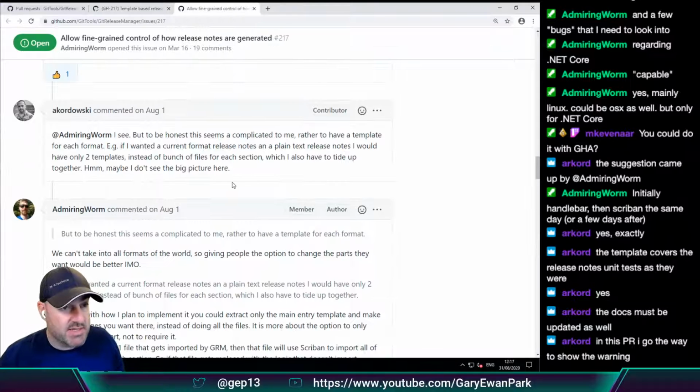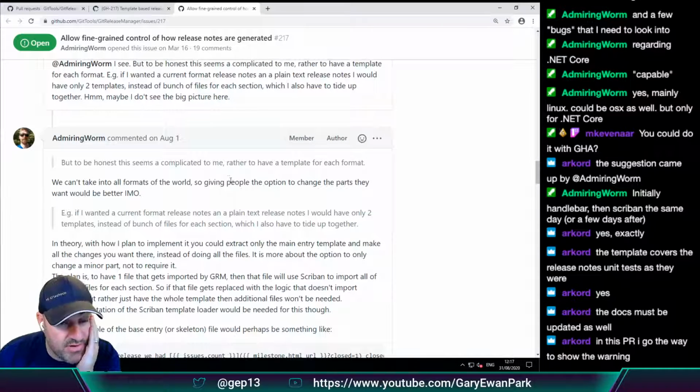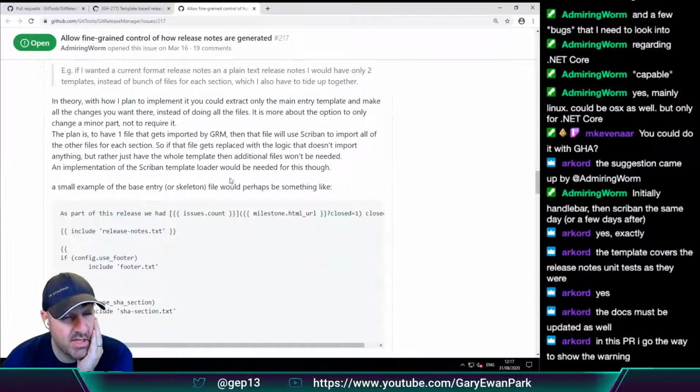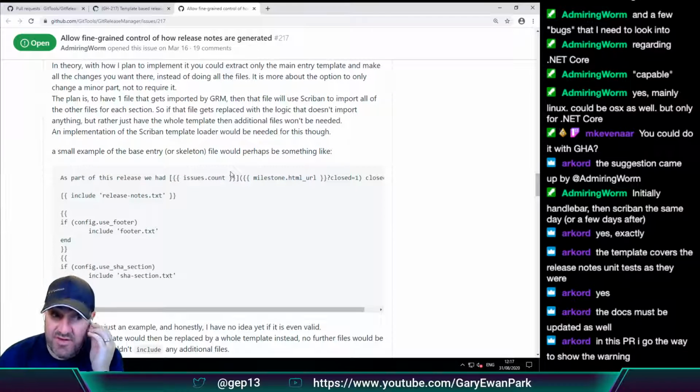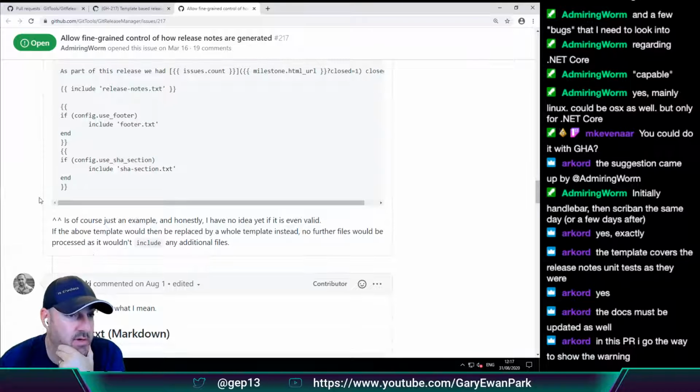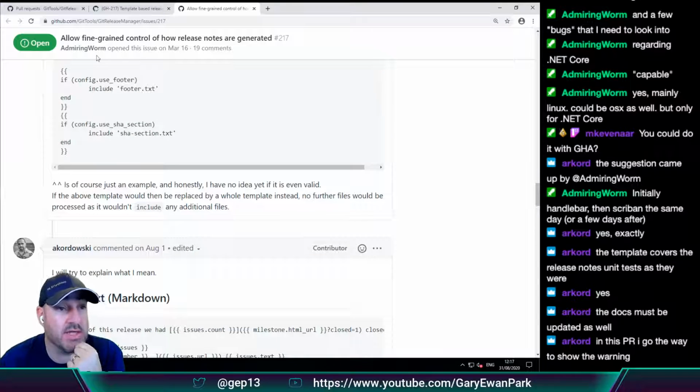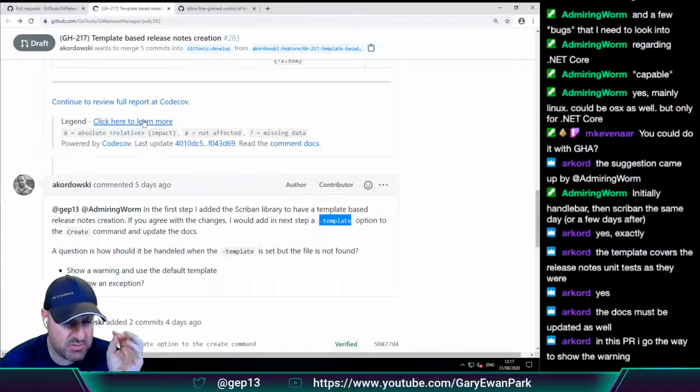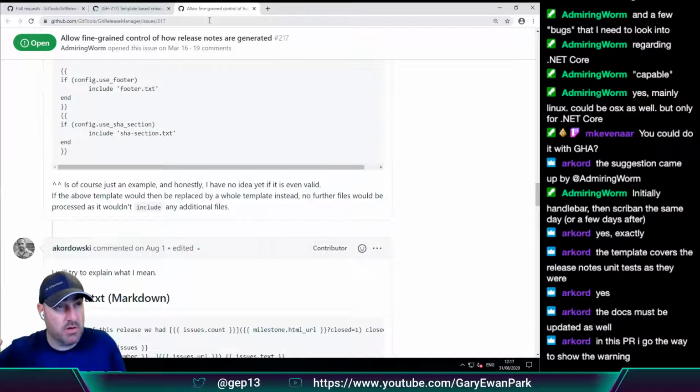Now, I think I'm right in saying that what Kim had originally suggested in the issue is that it would be broken up into individual files. So like I say, in principle, I have no objections to the work that's gone on here. I'm just curious if there will be other work to be done.